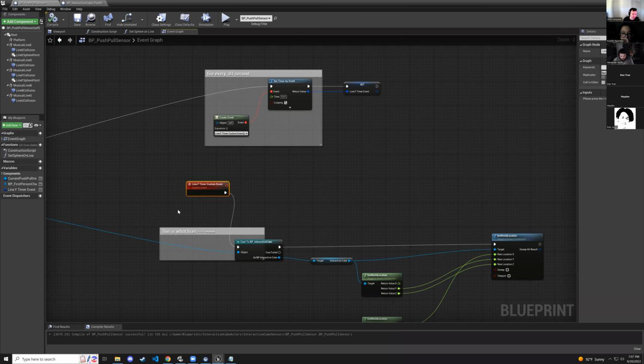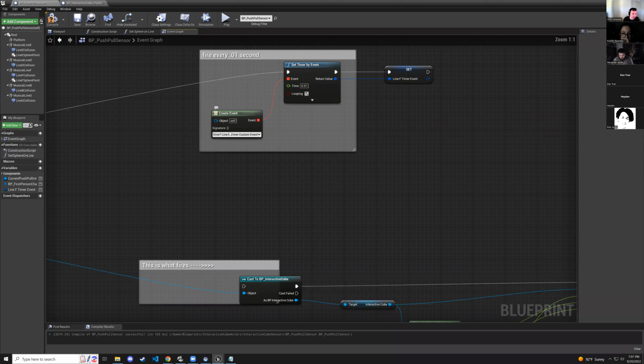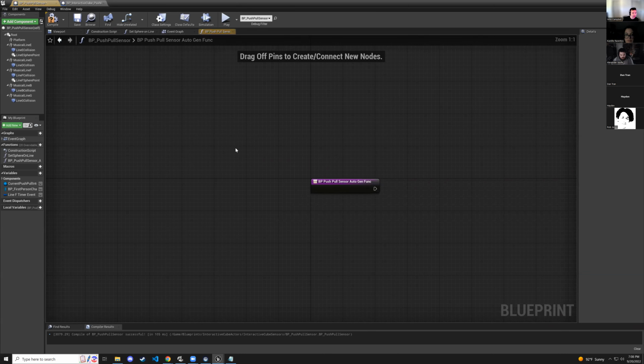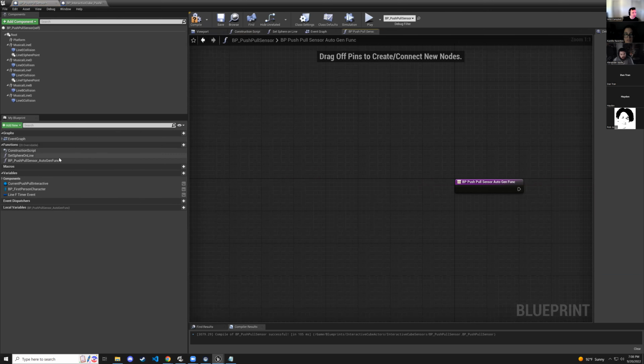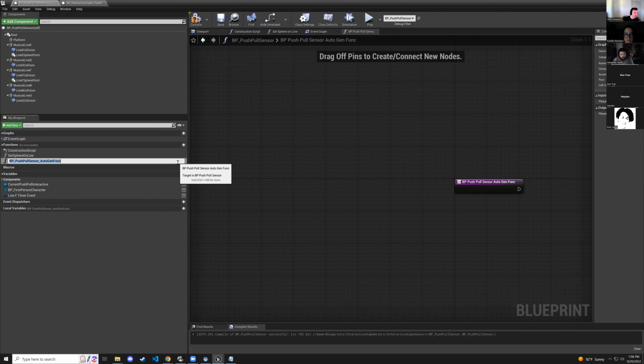I'm going to get rid of this custom event node, this guy. It's complaining again, right? Oh, I can't find it. What happened? It's because I deleted it, right? And what we're going to do now is say create matching function. And it gives me a generic name. We'll rename this to